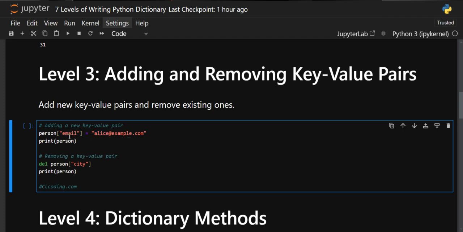But if the key is present, then the value will get updated. Suppose email was already present in our dictionary person, so the value of that email will be updated by the new one. This value will update that value, and then we are printing the person. Now let's see how we can